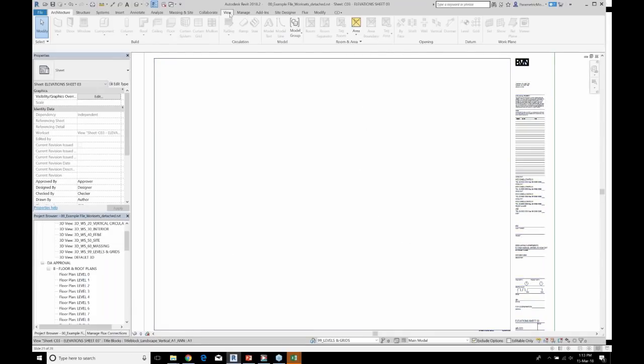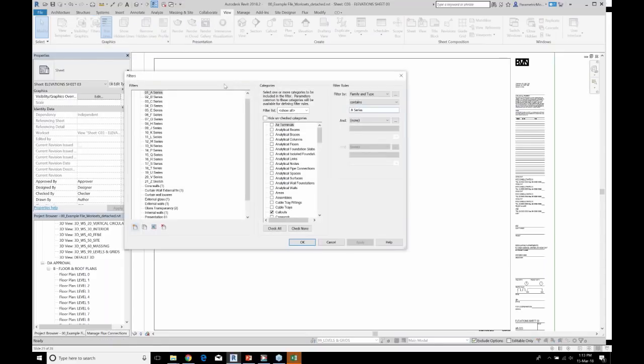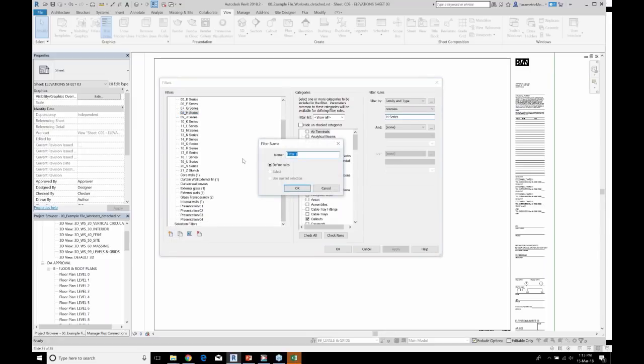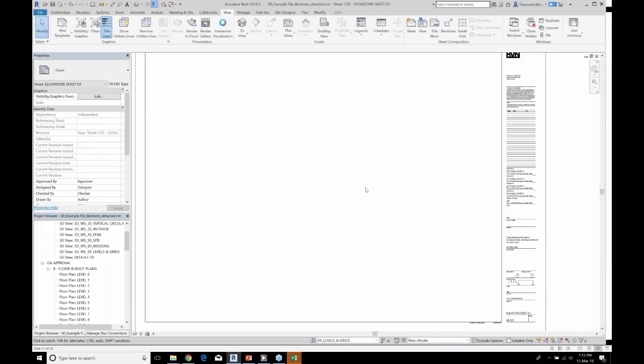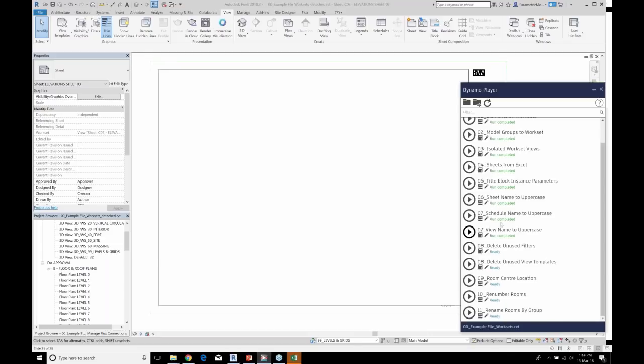So if we go into our view filters, some of these I know are in use. Others I'm going to create, ones which I know aren't in use because I've just created them and haven't assigned them yet to any views.